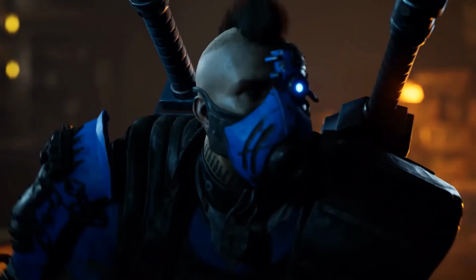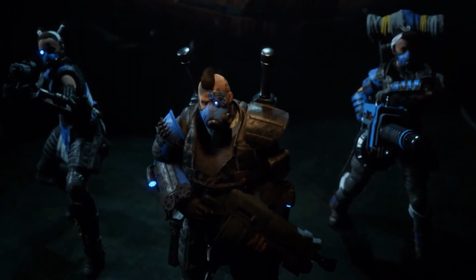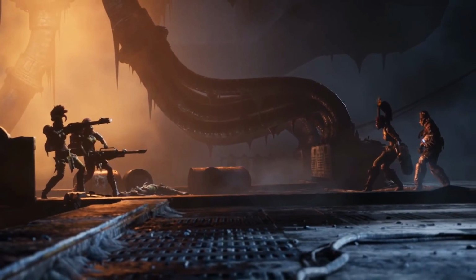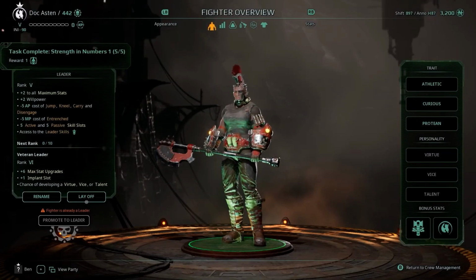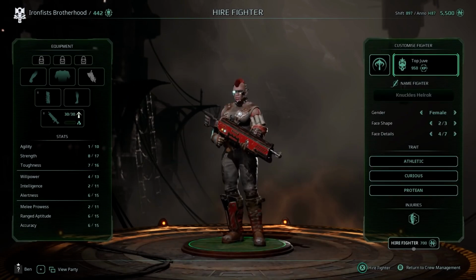Operations depict the ever-sprawling war for the Underhive between the various gangs of House Escher, Goliath, and Orlok, as they fight each other and among themselves for power, control, resources, and glory. We've chosen a Goliath gang and picked our leader, a heavy melee fighter of the Brawler class. Now we need to hire some members, picking their